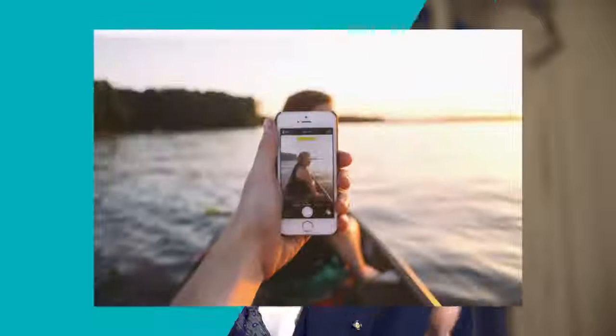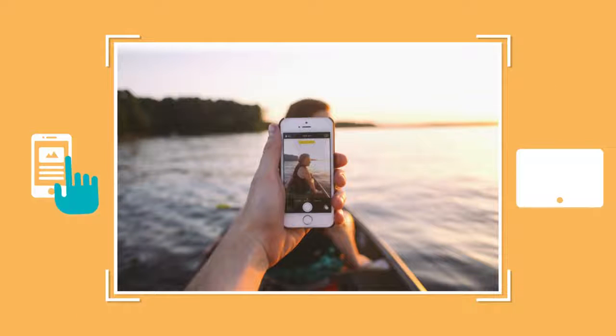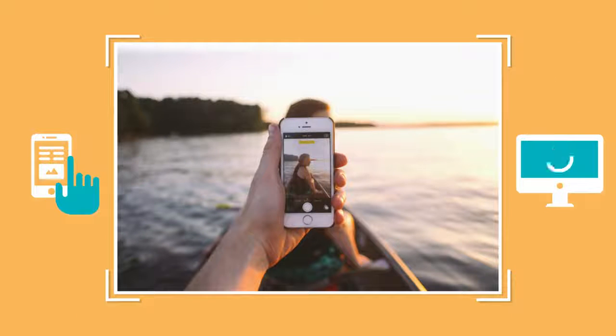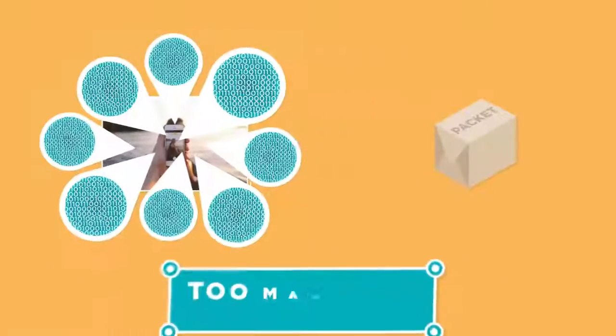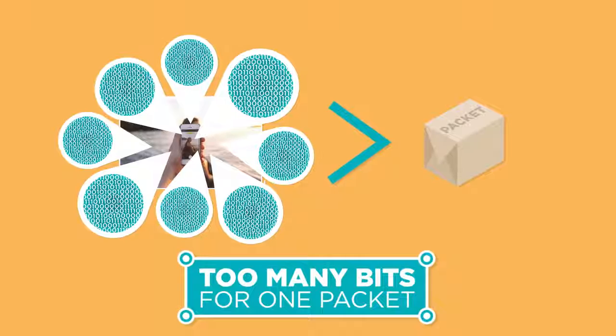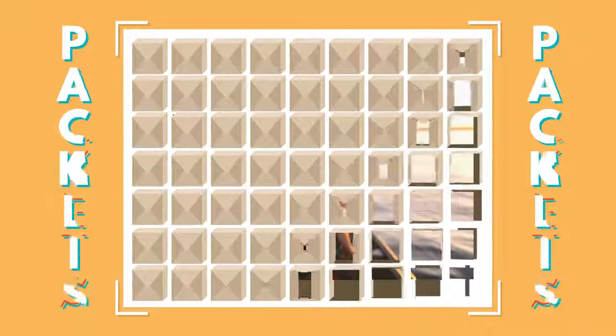On the internet, the details work similarly. If you have a very large image that you want to send to a friend or upload to a website, that image might be made up of tens of millions of bits or ones and zeros, too many to send along in one packet. Since it's data on a computer, the computer sending the image can quickly break it into hundreds or even thousands of smaller parts called packets.